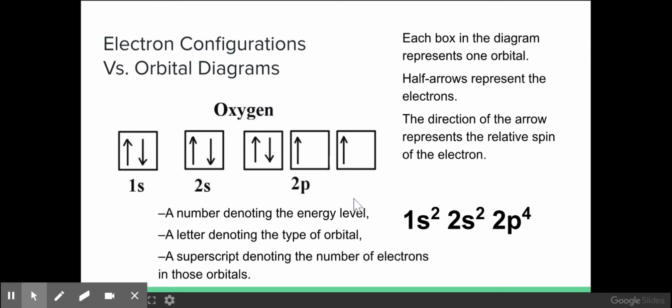So this is the longer way to represent electron configurations, which we learned in our sophomore chemistry class. The other way, which is a shorter hand notation, simply does away with the spins of the electrons, and we use superscripts instead. Each one of these is a subshell or sublevel. Each of the boxes is an orbital, and the big number in front of the letters tells us what energy level or principal quantum number those electrons are sitting within.